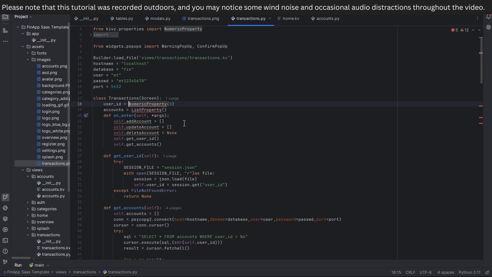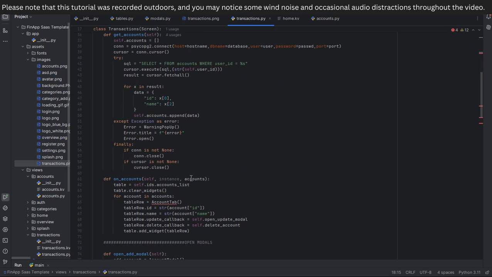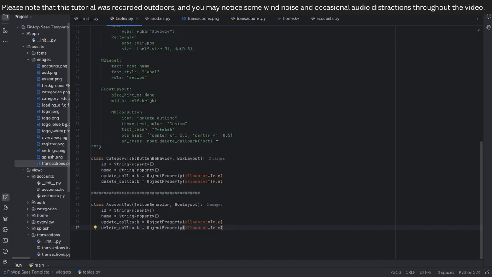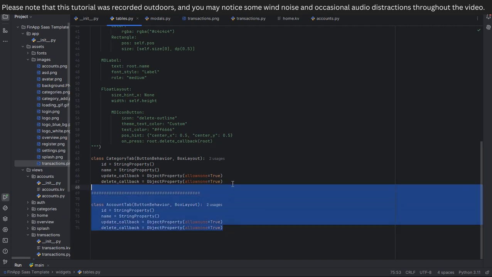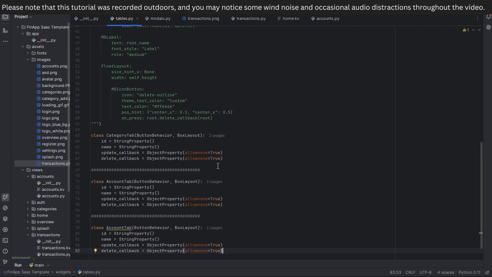Okay, put this and this. So we need to create a transactions tab and transactions model. So let's go to our tables.py. So let's copy everything here. So this was